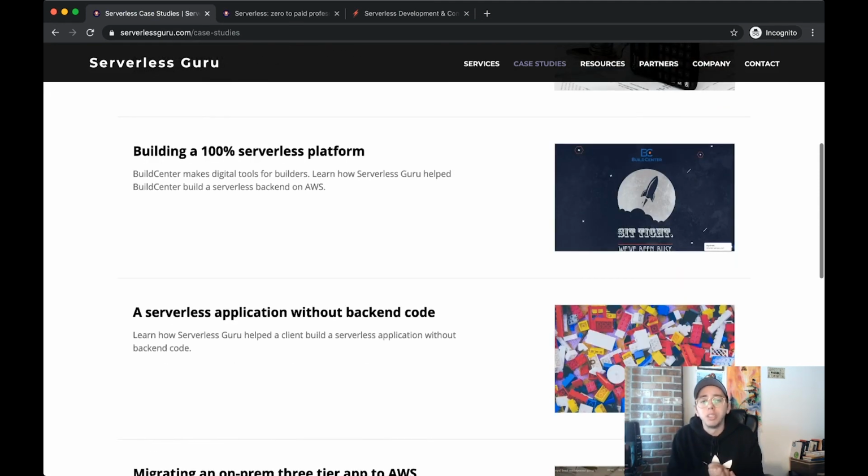Building a 100% serverless platform. This was a great project. This was one of the flagship clients for Serverless Guru when we started out, and it's been really great. We've had a really good relationship with Build Center specifically, and we've built a 100% serverless platform. And since then, it's been slowly growing. We've got a pretty complex architecture, lots of different stacks, Cognito triggers, AWS Cognito, SNS, SES, Lambda functions, tons of